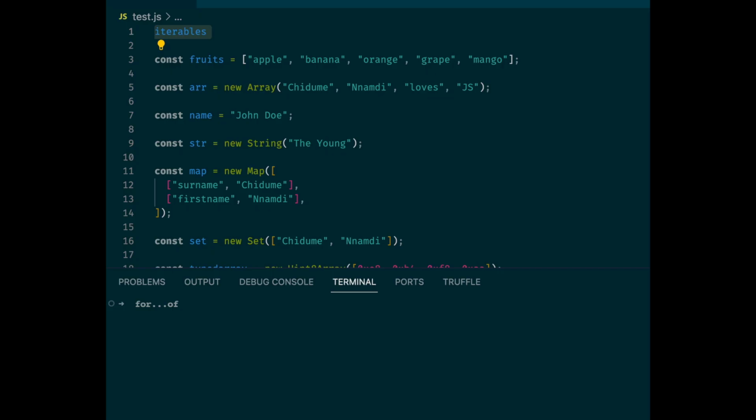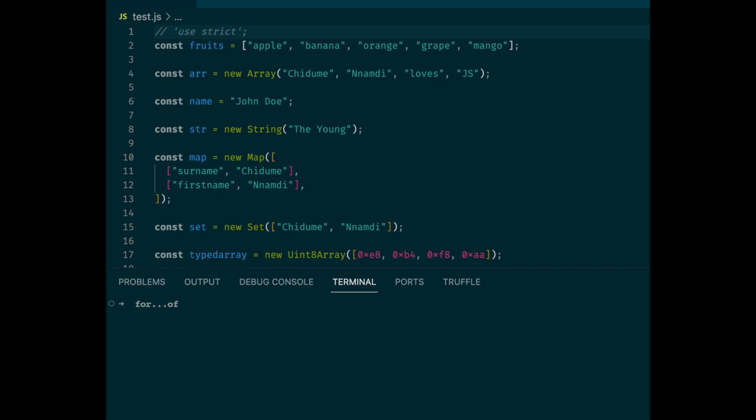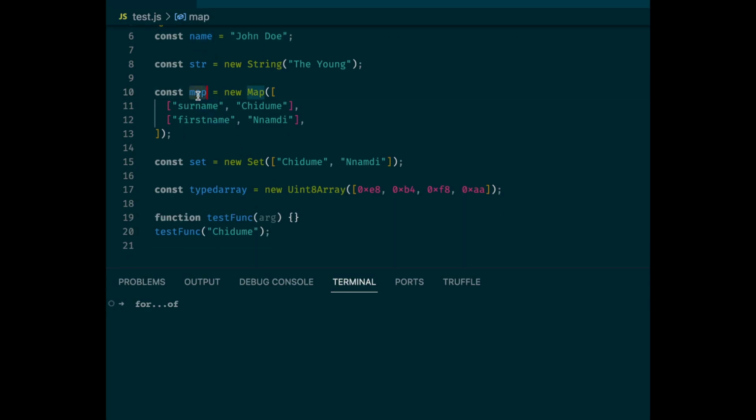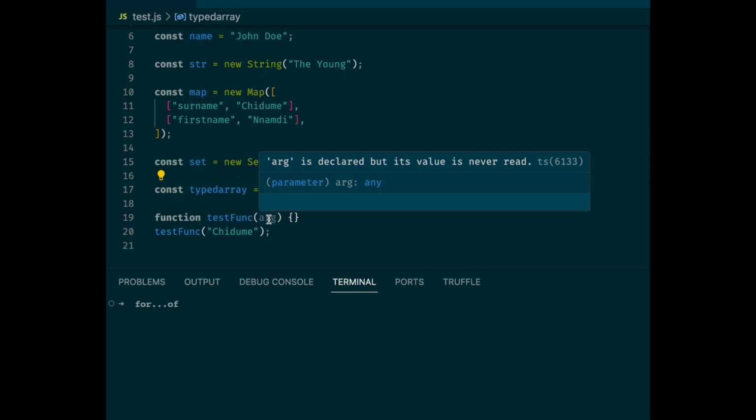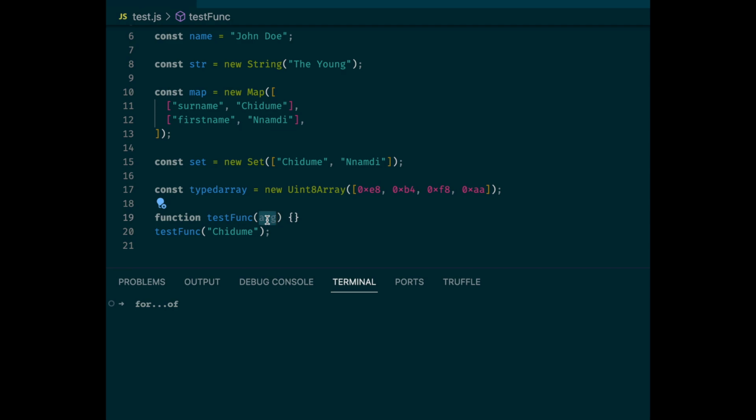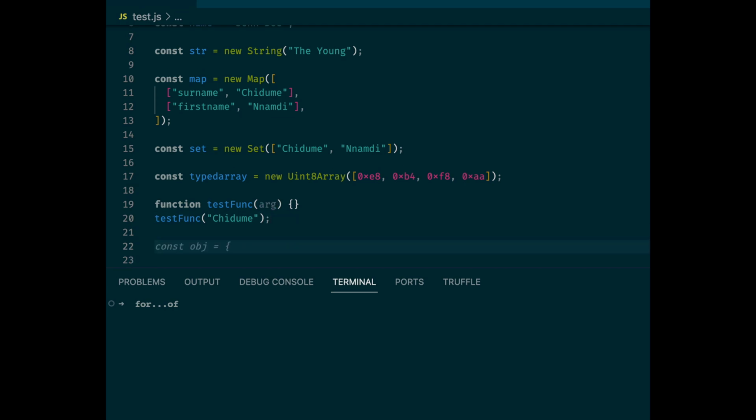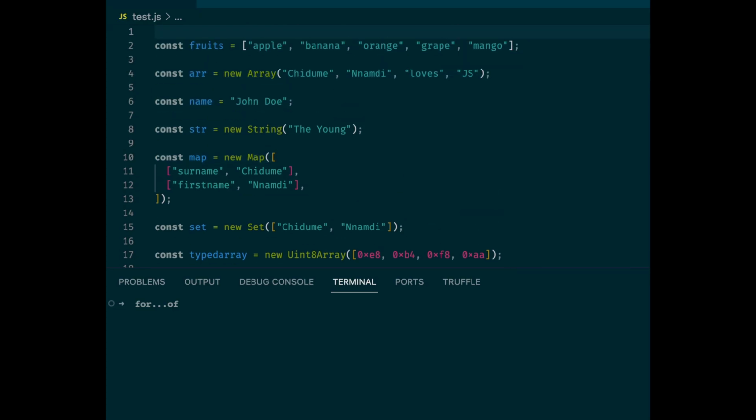The built-in iterables we have in JavaScript are arrays, strings, maps, sets, typed arrays, built-in function arguments, generator functions, and custom defined iterables. Later in this course, we will see how we can create an iterable of our own. So let's start with an array. We have an array here, fruits, that has